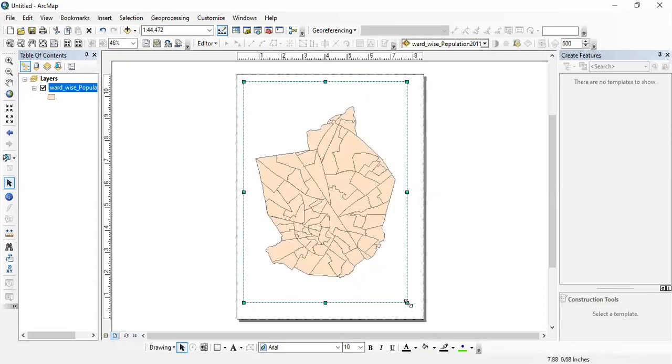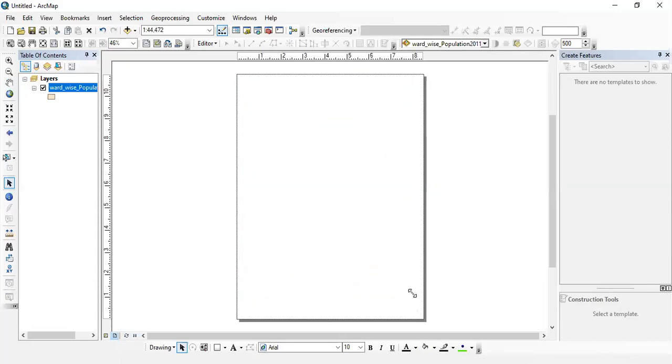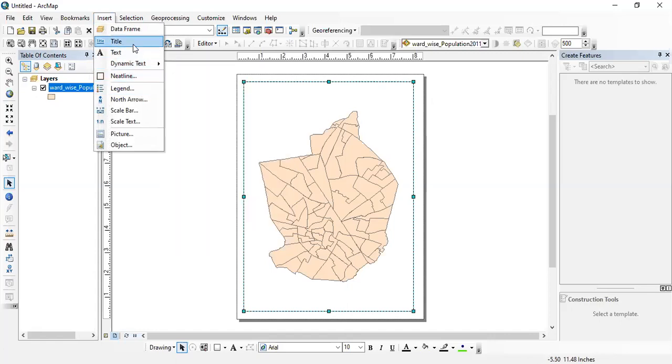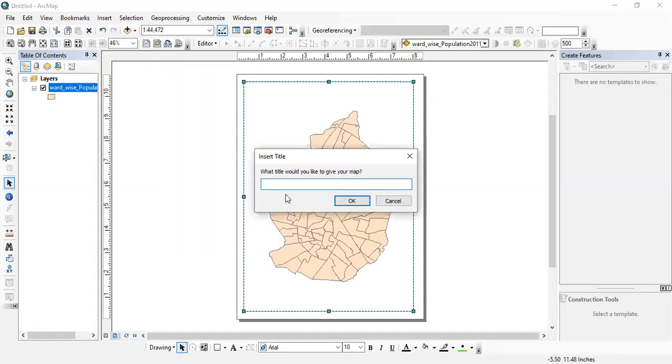We can adjust the layout of this map. So the first important element, we are going to add the title. So this is the ward-wise map of Lucknow. So we are going to write population map of Lucknow city.